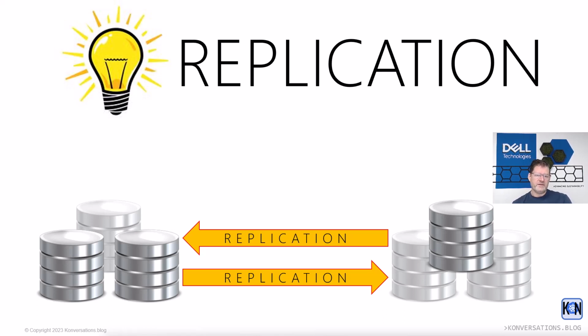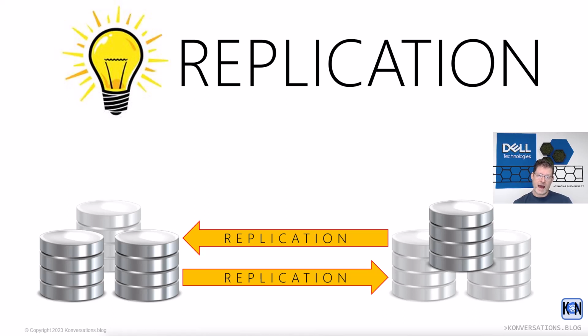So there are 2 different flavors in replication. The first one is asynchronous replication. Basically, you are capturing all of the writes in one data center, and every once in a while, you're committing those writes to the other side. And that means that you don't have any limit in distance between those data centers because it's asynchronous. But also, as disasters usually strike randomly, you probably lose some data when you have a DR, right? So you've got to be prepared for that. It's got to be acceptable in your environment to actually lose some of the writes that you've already done to one of the data centers if disaster strikes.